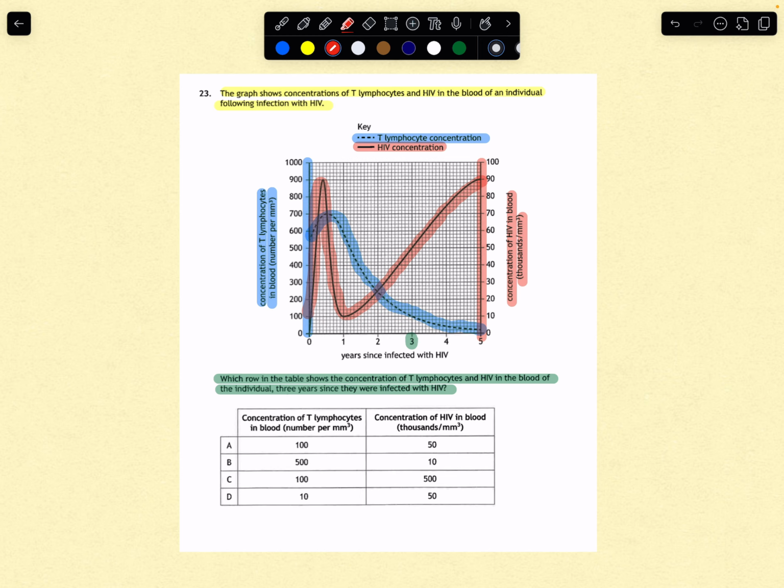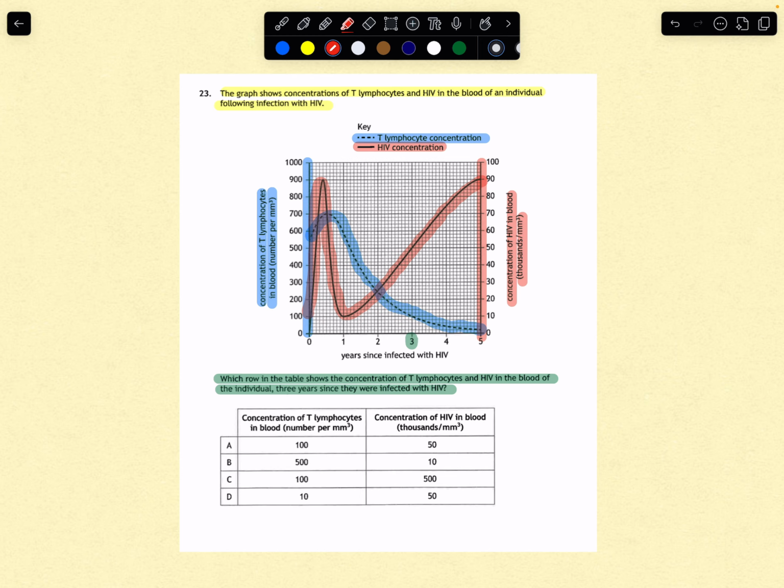So for example, a common mistake if you don't use this colouring technique is you might use the black line, okay, and read it from the blue scale, right? That's a complete no-no, okay, because that's where people get marked wrong and that's where they get confused. Right, so going back to the question,